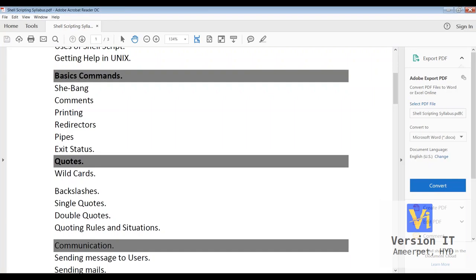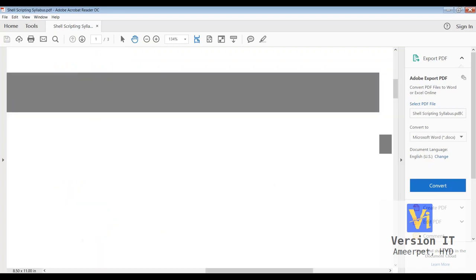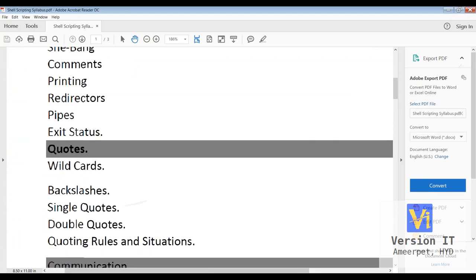So in the last class, we were talking about exit status. What is the importance of exit status in shell script, and what are the exit statuses we have? How do we get the exit status, and all we discussed. And in today's class, we are going to talk about